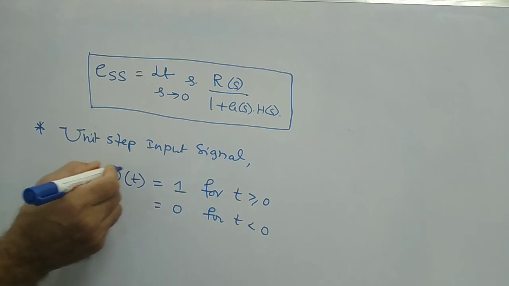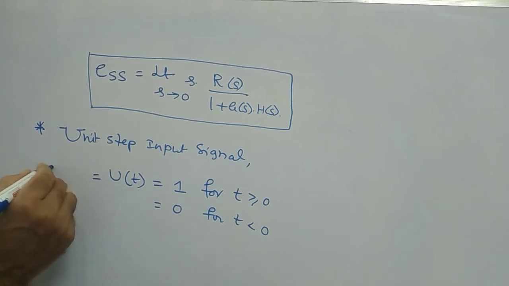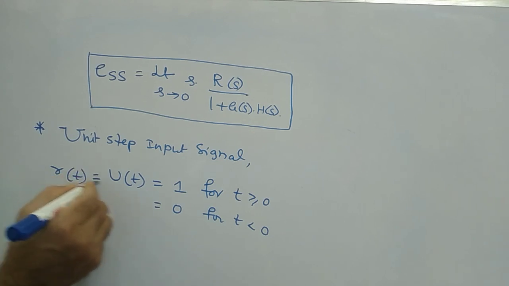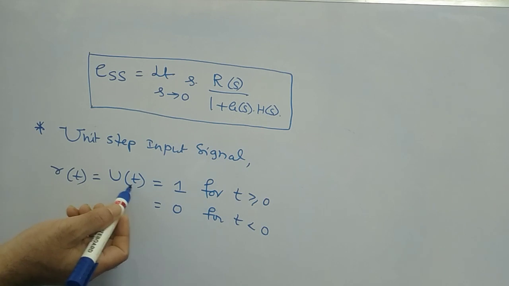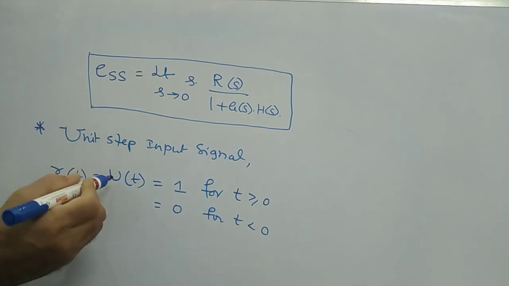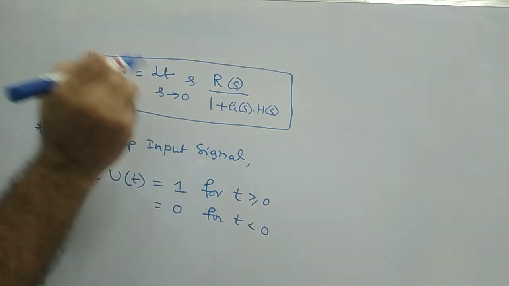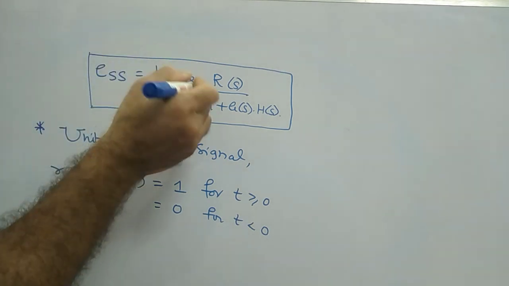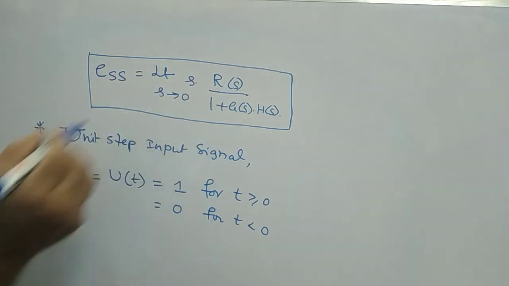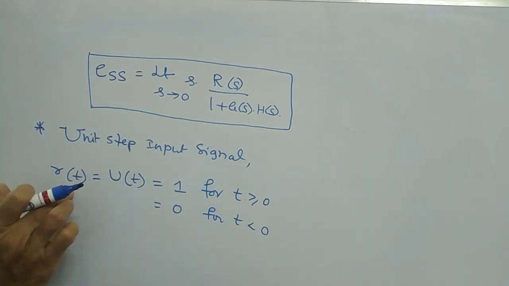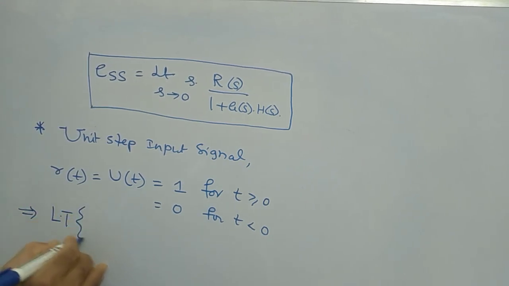Now you can write this as r(t) also, as far as our subject is concerned. Because R(s) is there, you can treat u(t) as r(t). In general the unit step is denoted by u(t), but for the sake of our subject here, u(t) can be considered as r(t). Now R(s) is nothing but the Laplace transformation of r(t), which means if you apply the Laplace transformation to this r(t),